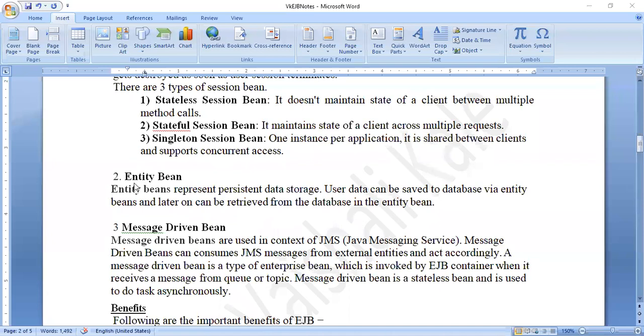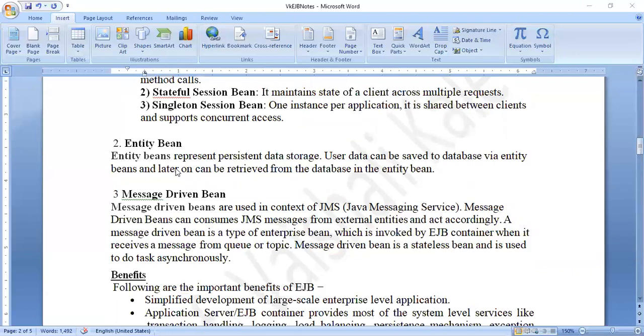Persistent means it is permanent in nature. Whenever a user wants to store, it can even store it in a database and retrieve it back next time. So the stateful information of a session bean doesn't go to the database. It will be stored in an intermediate location somewhere, and compared to entity beans, it is less persistent in nature, whereas entity beans are guaranteed, assured persistent data.